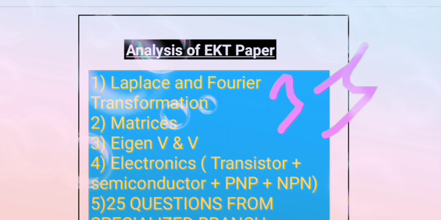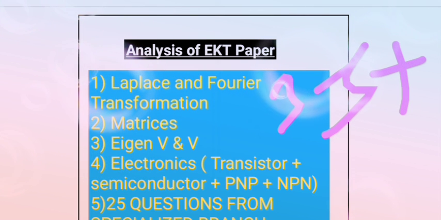And fourth is coming from your subject, that is your electronics. Here mostly questions are asked from the transistor, which contains at least 3 to 5 questions. Plus here also very easy types of numericals are asked, based on the collector, emitter, and base type of questions. So you just go through these topics also. Plus some questions come from semiconductors, PNP and NPN junctions. Okay,